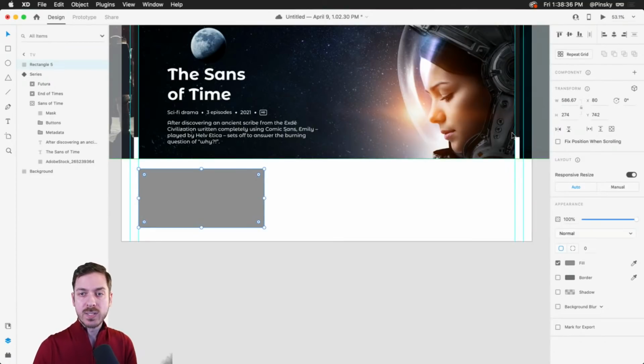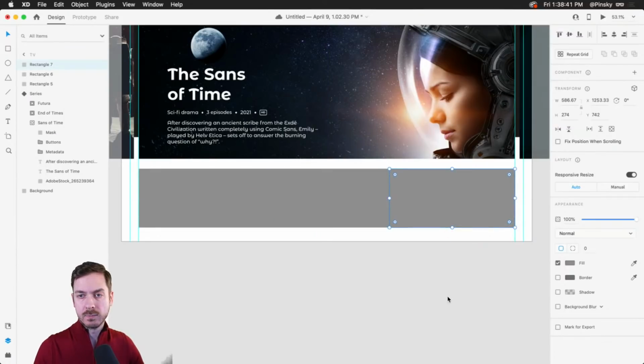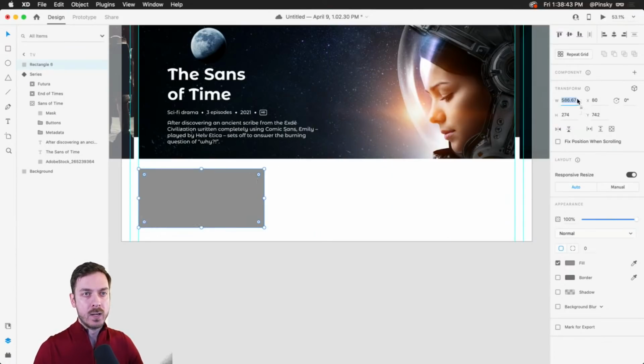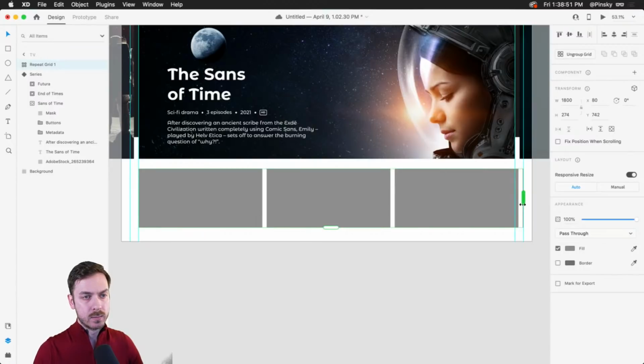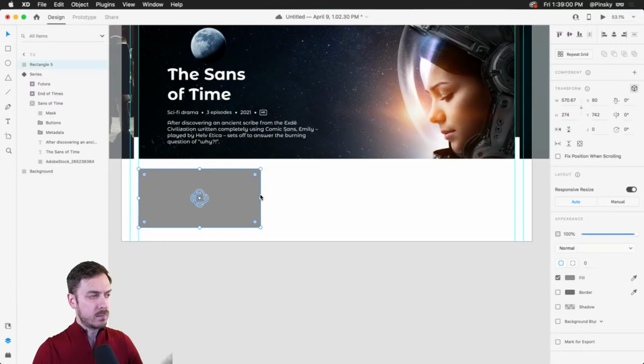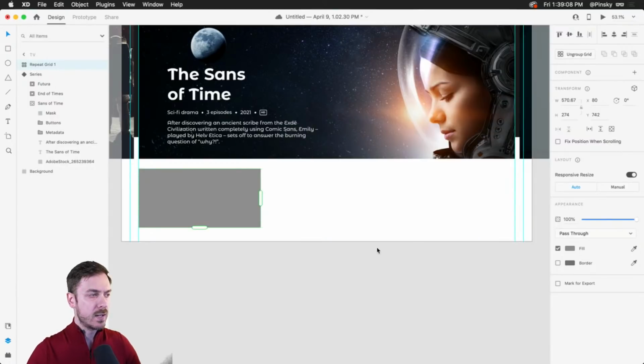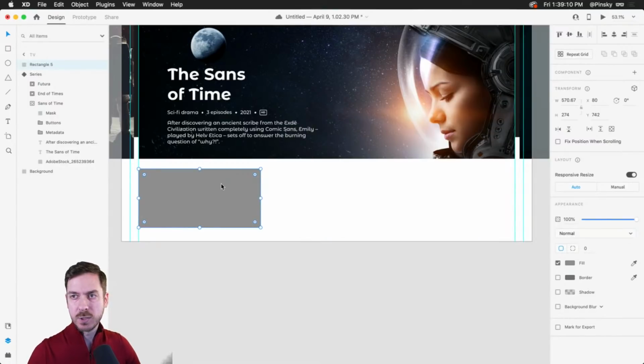And then if I were to simply leave it at this, then we'd have 3 that perfectly align, right? But we want a little bit of padding in there. So I'm simply now going to minus, let's say 8, right? And now if we do something like a repeat grid, we'll have some padding. I might want a little bit more padding in there. So let's do minus 16. And then eventually, we'll have some nice padding in there. Look at that. Beautiful. Ew, math. I agree. Math is not my strong suit.